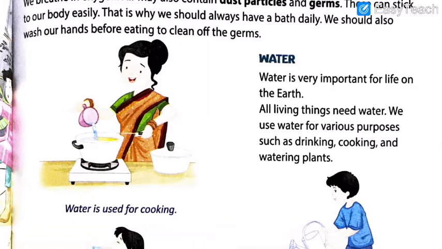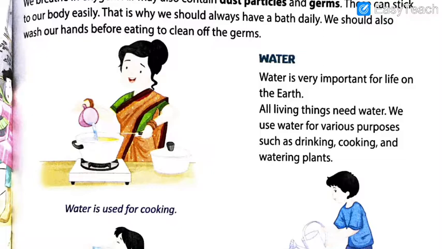Don't you think so? That is why it is written here, you should wash your hands, you should take a bath daily. Though it is the winter season, I know that many of you feel very lazy, especially about the bath, because it's very, very cold weather. But still, just for the cleanliness sake, or I should say just to remain free from the germs, you need to take the bath.